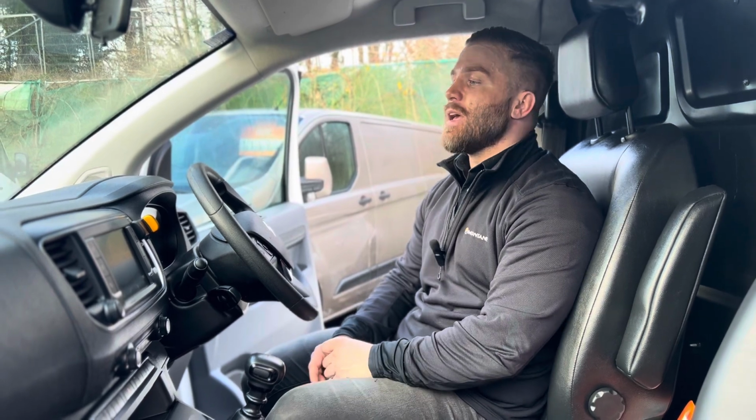and then we'll go on to some main points about the vehicle, pricing, what you should be looking at if you're looking on the used side, and then any questions or comments, any feedback really in the comments,